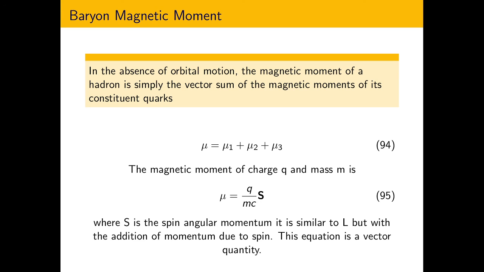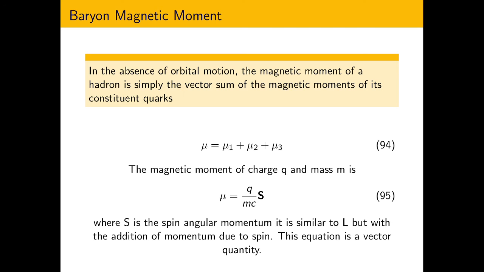Baryon magnetic moment. In the absence of orbital motion, the magnetic moment of a hadron is simply the vector sum of the magnetic moments of its constituent quarks. We are not including the orbital moment here because the equation will get more complicated. So let's stick with only the spin angular momentum. Mu is equal to mu1 plus mu2 plus mu3 for a baryon of three particles. Those constituent magnetic moments will yield the total magnetic moment. The magnetic moment of a particle with charge q and mass m is mu equal to q by